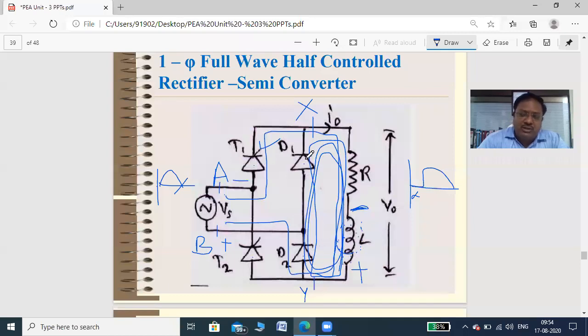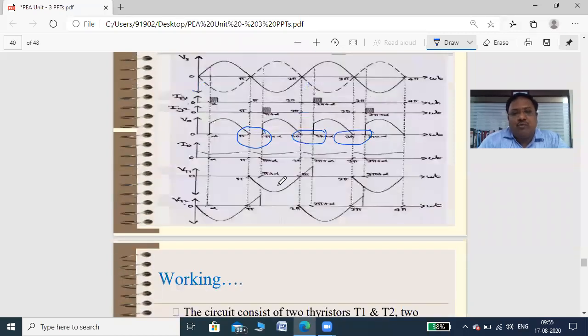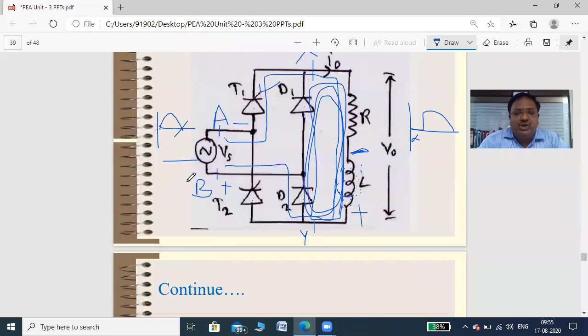But because of the diodes connected in the circuit, what happens? The SCR T1 immediately turns off as soon as your supply gets reverse biased. So T1 off, T2 off. So no supply or input waveform flows through the load. You will get only alpha to pi output voltage, right? Energy from source to load is stopped whenever the supply gets reversed. But the inductor energy is released through diode D2, then D1 back to the load. So this time the diode D1 acts as a freewheeling diode. During the positive half cycle, diode D1 acts as a freewheeling diode.